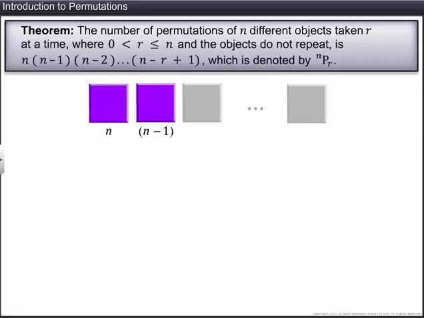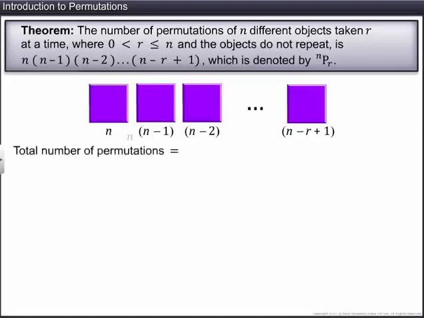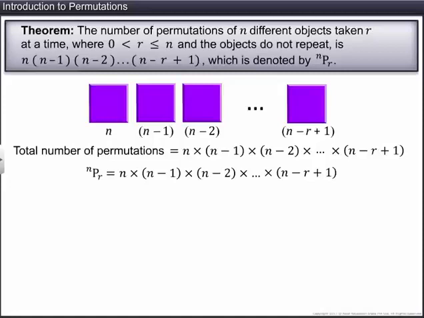Similarly, the third place can be filled in n minus 2 ways. Continuing the same process, the rth place can be filled in n minus r plus 1 ways. According to the fundamental principle of multiplication, the total number of permutations is as shown. This expression is denoted by nPr. Here, n is a natural number. To clarify this further,